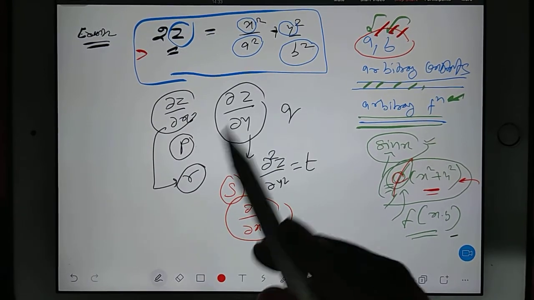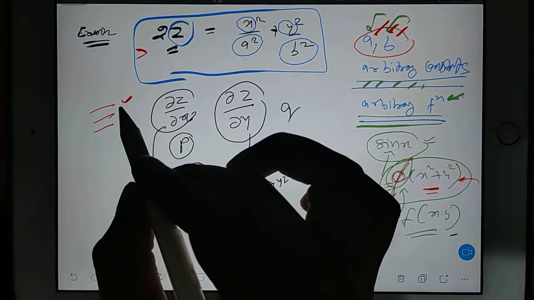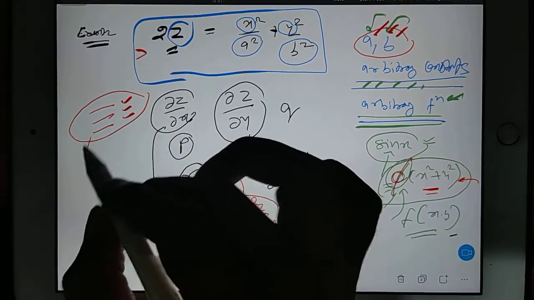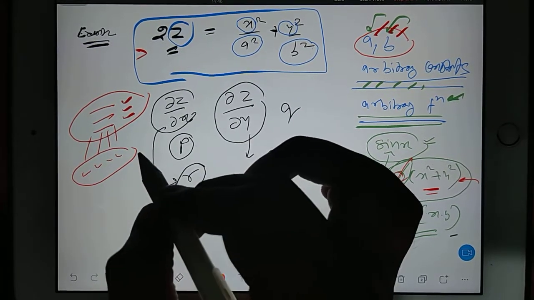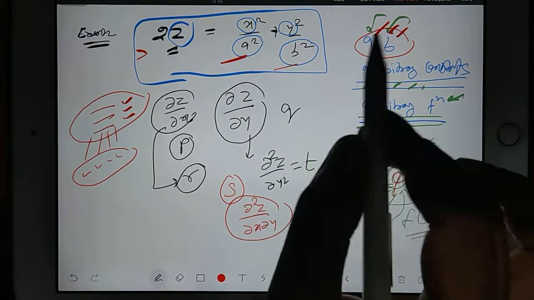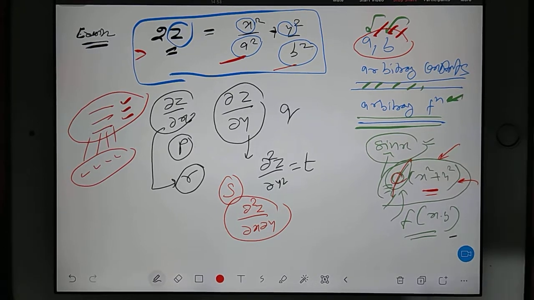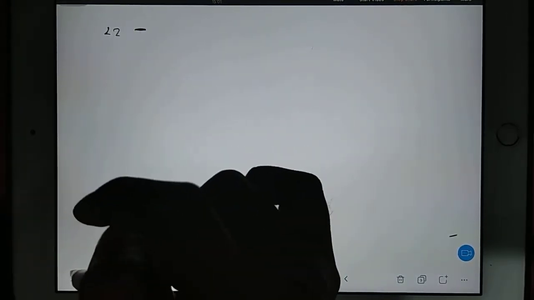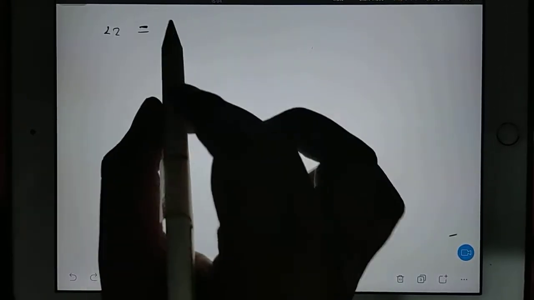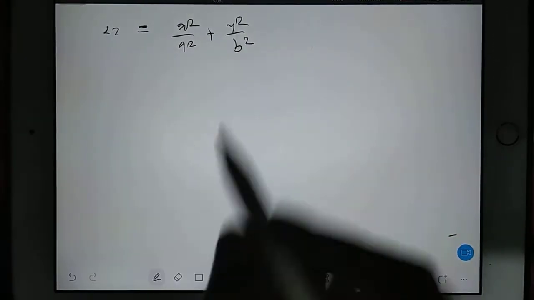It depends on the question in what sense we are going to differentiate, and while differentiating we'll be getting new equations. Meanwhile we have to do some mathematical operations so that we can easily vanish a and b, I mean the arbitrary constants, or arbitrary functions if given in the question. Okay, so what will I do here in this equation? 2z is equal to x square by a square plus y square by b square, given. Now you do one thing.